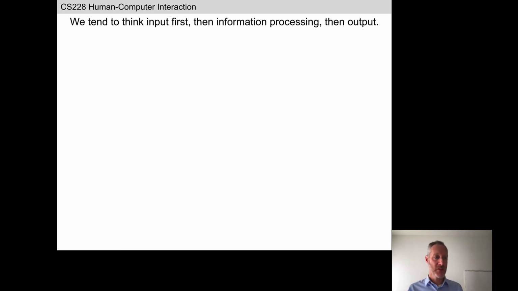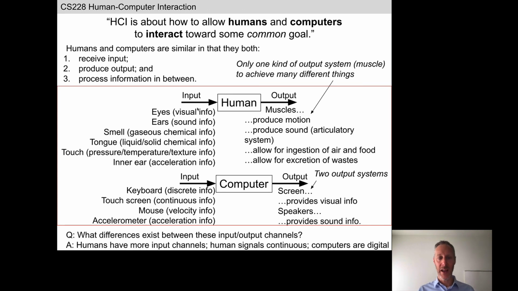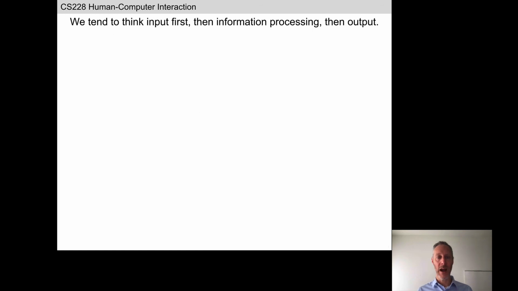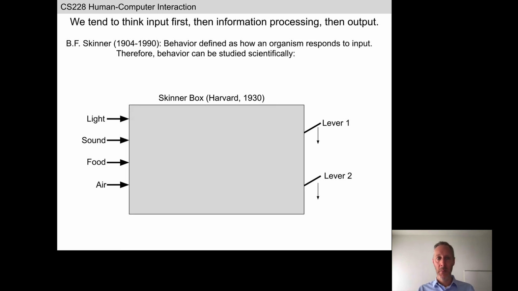Okay, so up till now, in this cartoon here, we have input arriving at the human or interactive technology, some cogitation or computation, and then output on to the world. It seems so obvious a way of thinking about humans and also computers that, again, most of us don't ever think about it. But we're going to start our historical journey today with B.F. Skinner, who is one of the reasons why we tend to think this way.